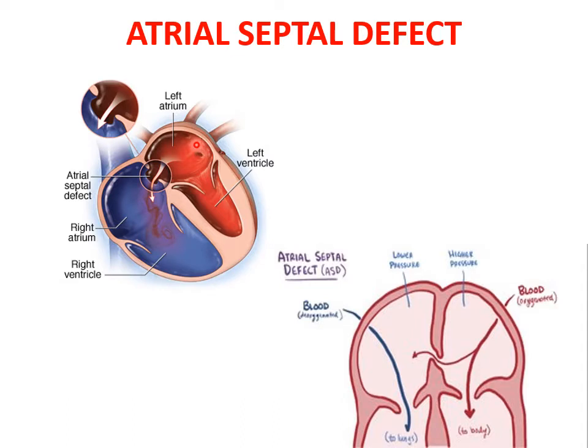So then what happens, the blood from the left atrium will flow through the defect in the atrium into the right atrium, and then it will be pumped again into the right ventricle, and it will be pumped into the pulmonary artery. So as we said, this is under which pattern, it's increased pulmonary blood flow. So here again in this picture we can see this the atrial septum, there is a defect. So this oxygenated blood will come into the left atrium and it will pump into the right atrium. So there is increased pulmonary blood flow.